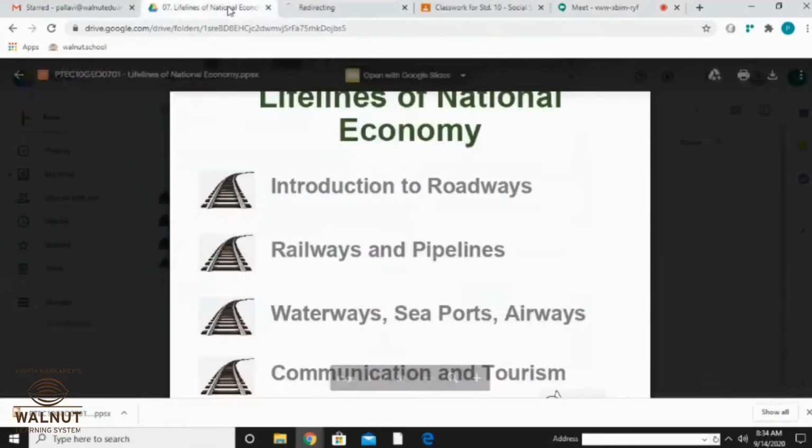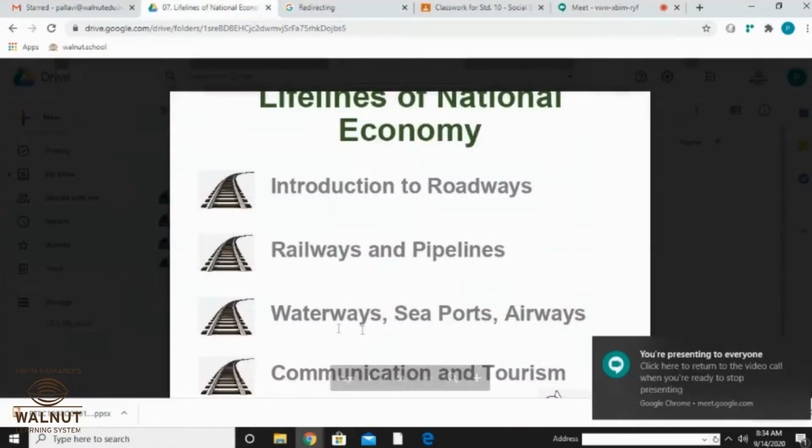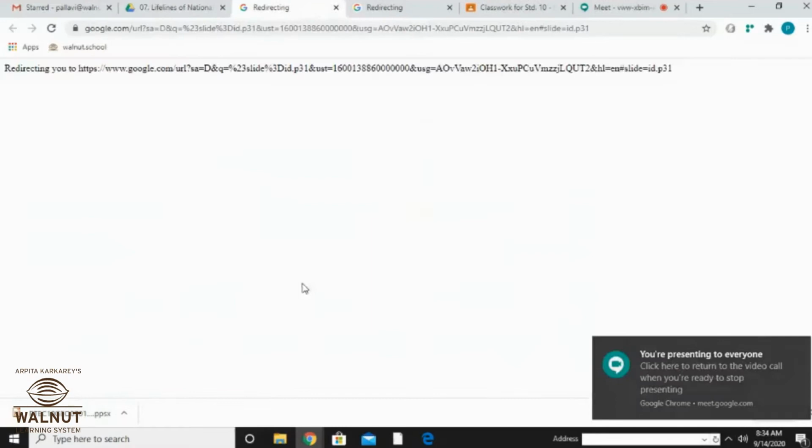Today we are going to study about the waterways and the airways. I hope you have the textbooks with you. So we start: waterways, seaports, and